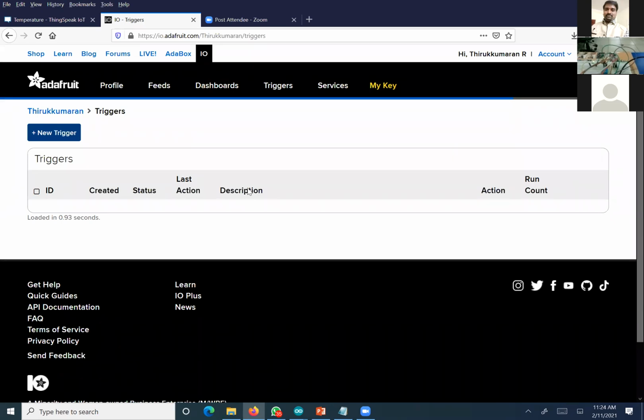For example, we are receiving the temperature value from our device, so you may create a trigger to switch on some other device. For example, if I want to switch on the AC, you have to connect the device with another board or the same board, but you have to create a subscription for that too. Then from here itself we can trigger, and also connect with Twitter and Google Assistant. Everything we can integrate on the Adafruit side. Google Assistant means voice-based: we can connect your mobile with Adafruit, so with voice we can control any devices.